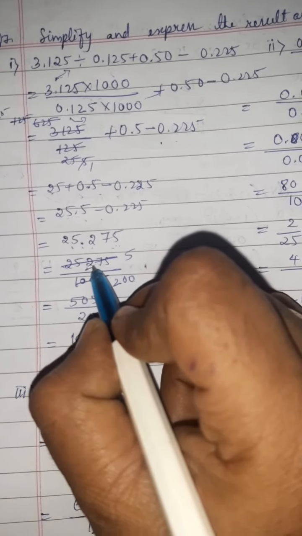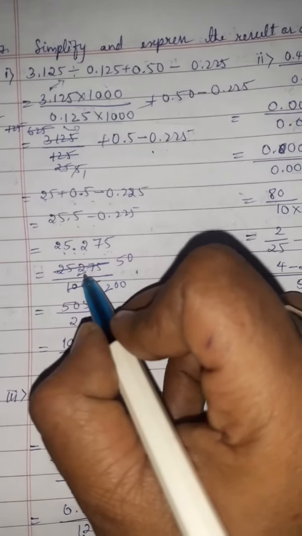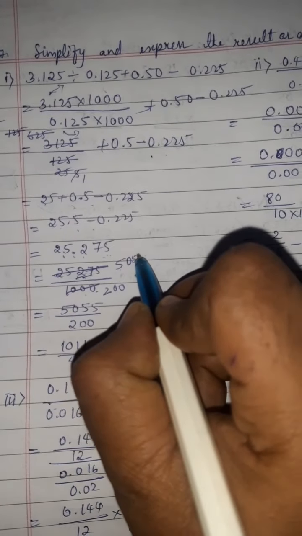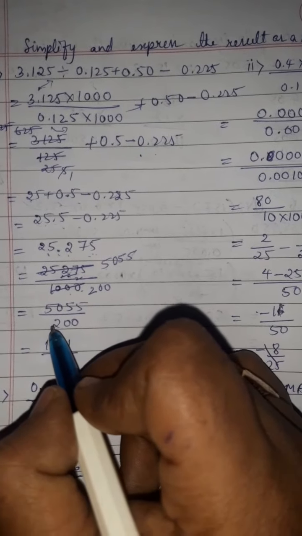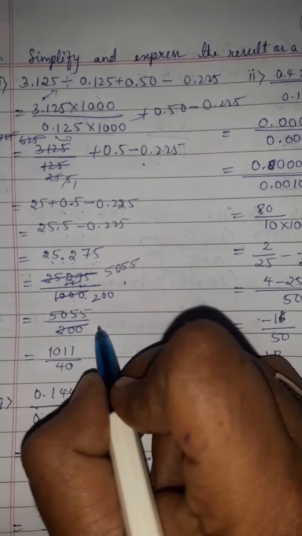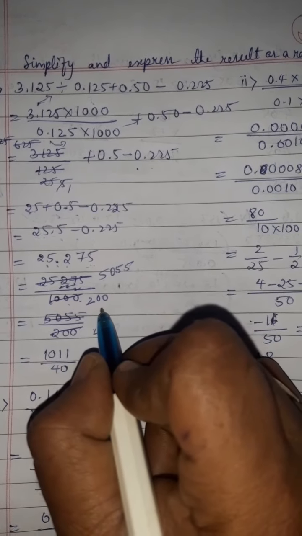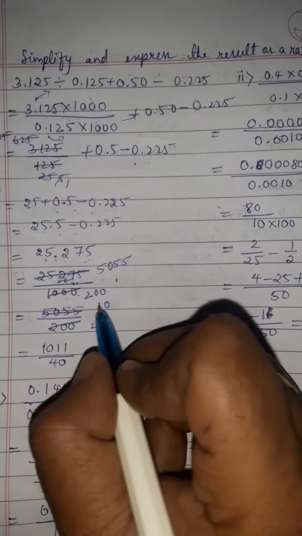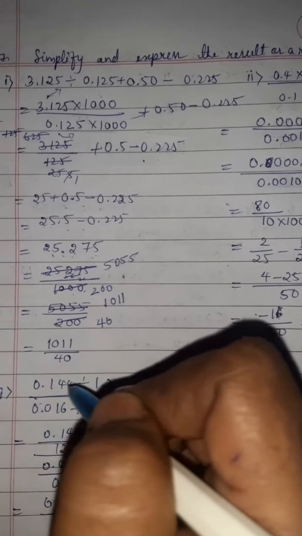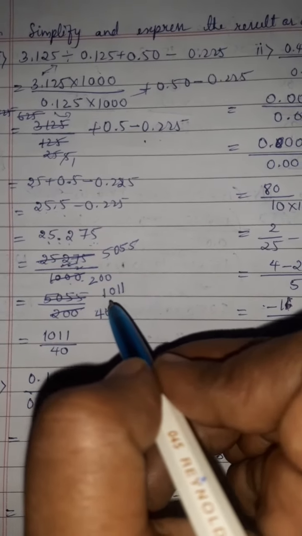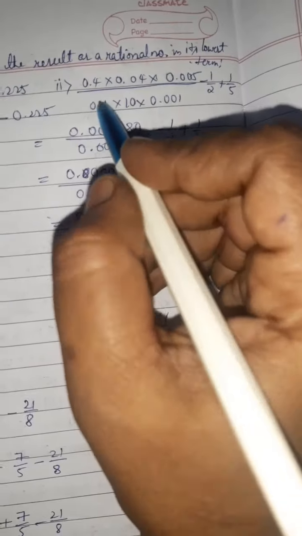0 is the remainder. Next number is 2. 2 is less than 5, so we can take 1 0. Next number is 7. 5 5s are 25. 2 is left. 5 5s are 25. Again we are going to cancel with 5 table. 5 4s are 20, 1 0 as it is. Numerator, 5 1s are 5, 1 0. 5 1s are 5. Again 5 1s are 5. So the rational number in the lowest term is 1011 divided by 40.